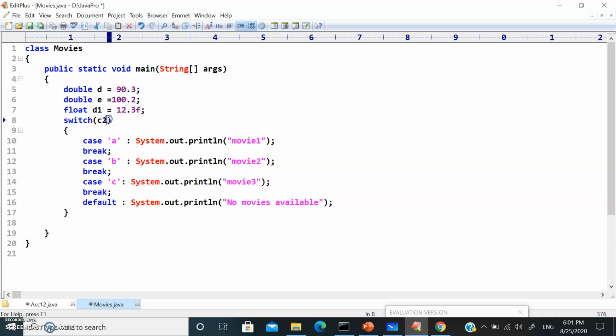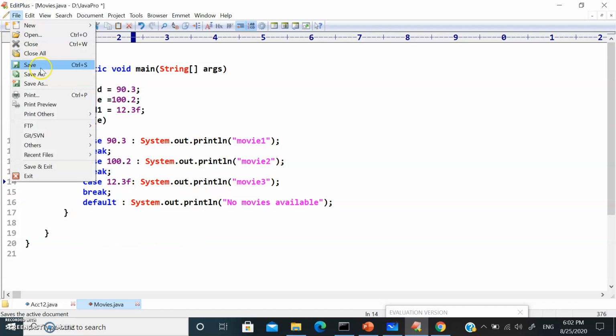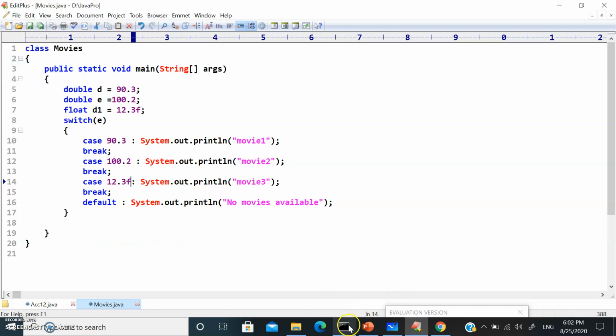Okay, so let me change it to E. So here I'm going to say 90.3. Here I'm going to say 100.2. And here I'm going to say 12.3F. So let's see whether it's working or not. Let me save this program.